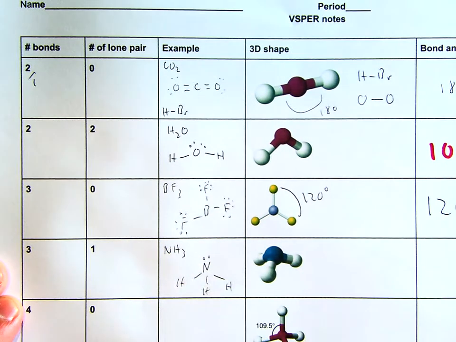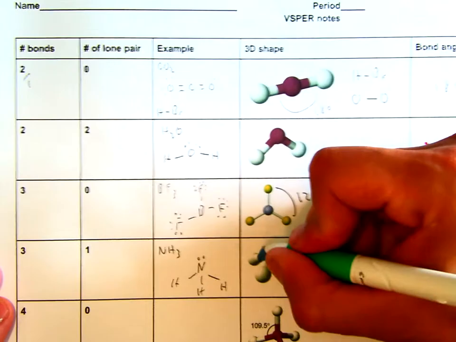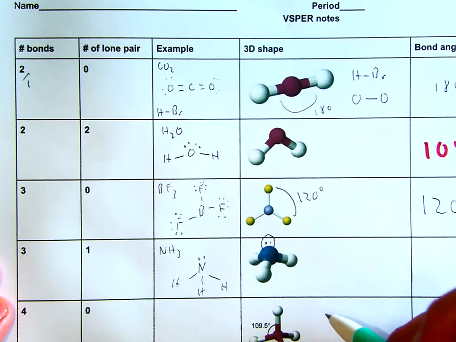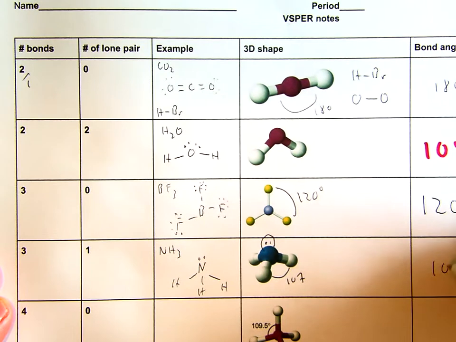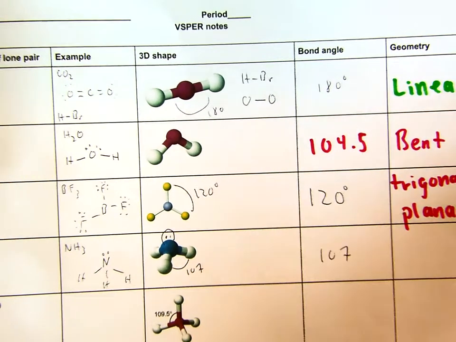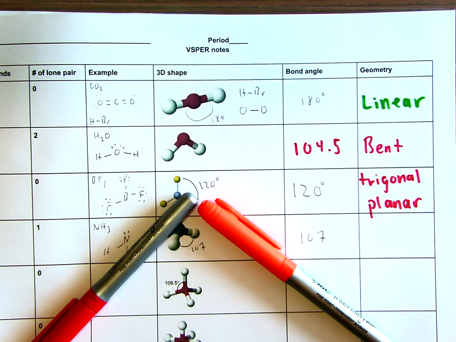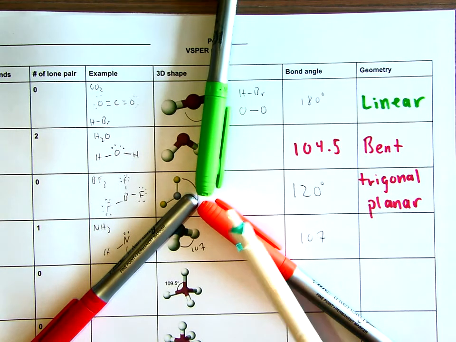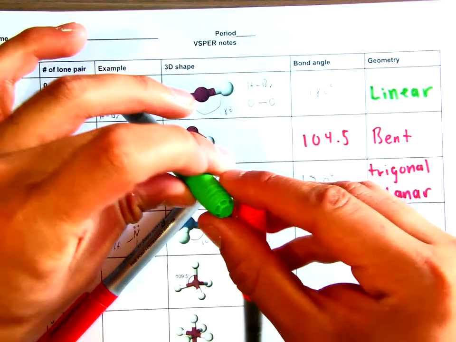Okay. So here we have 1, 2, 3 bonding regions, but we also have 1 lone pair. When this is the case, we end up with a shape like this. So in other words, we have some lone pairs here. This would push everything down, and we end up with an angle of 107. Basically what's happening here is we have that same shape that's like this, but because we have electrons on the top of this, it pushes everything down, and it ends up being something